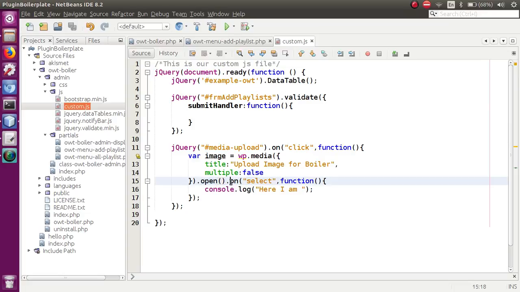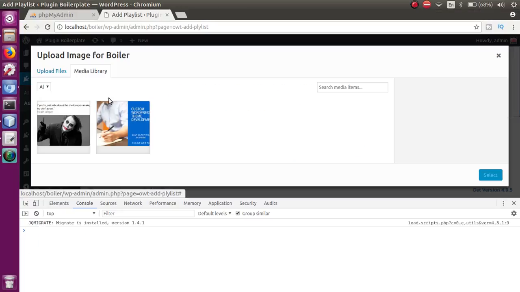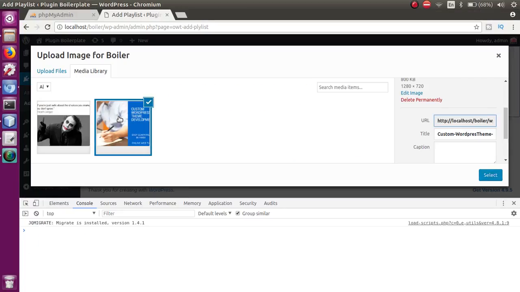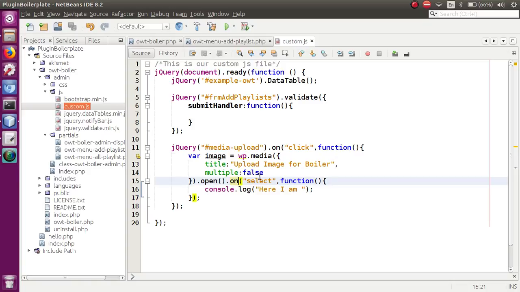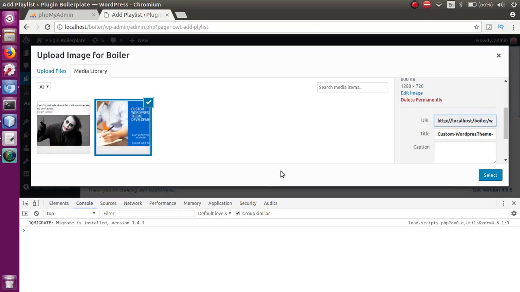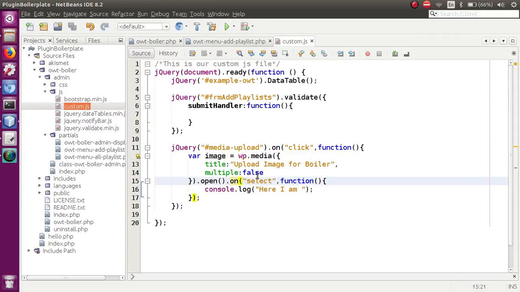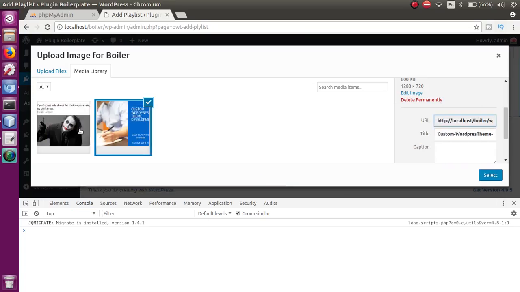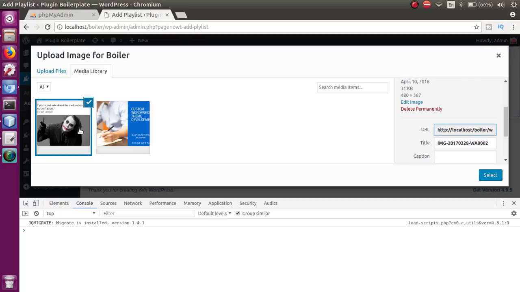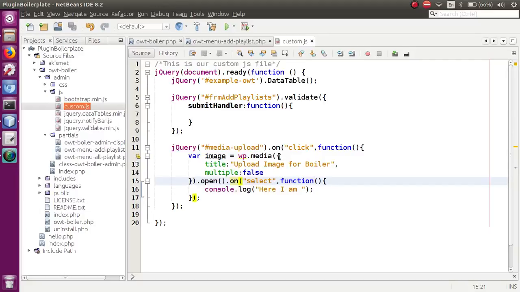Now let's discuss multiple. When we click on any of these images, right now we have made it a false value, because we are not able to select multiple images at a time. When we have made it false, we can select only one single file at a time, even by pressing Control. When we make it a true value,